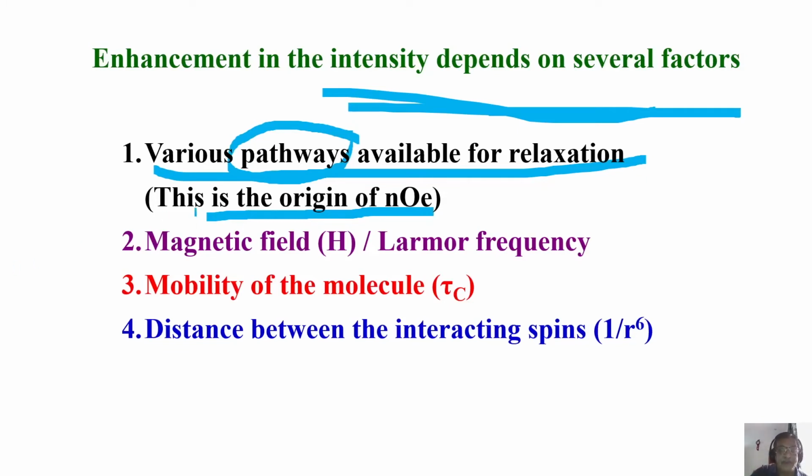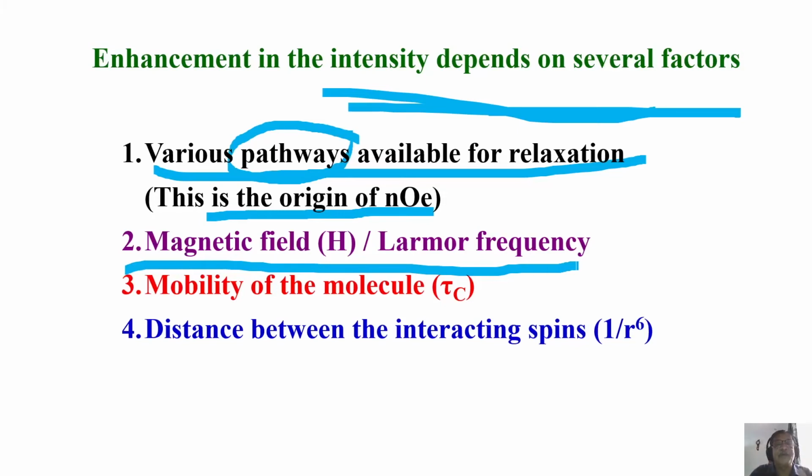And it also depends upon the magnetic field at which we are recording the spectrum. The NOE, if you take a molecule, depends upon molecular motions, I said. So if it is a very big molecule, or a very small molecule, if you do it at low frequency, or if you do it at very, very high magnetic field, the NOE depends on various factors.